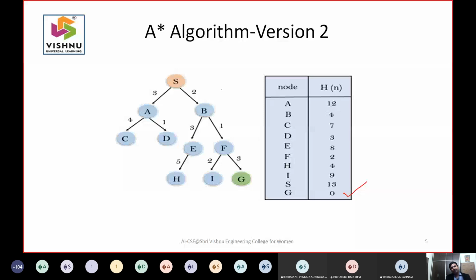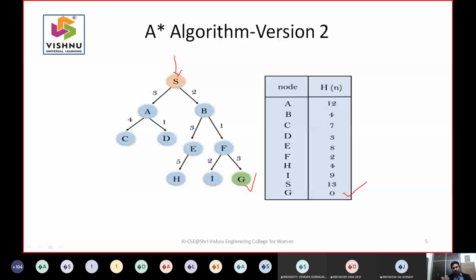Again, I have come with a simple diagram where we start with the starting node, and we need to reach the goal state. Now you need to understand that if you wish to print the path from the starting state to the goal state, every time you need to remember your parents. So the parent of f at this moment is b, the parent of b is s, the children of s are b and a, and so on and so forth.